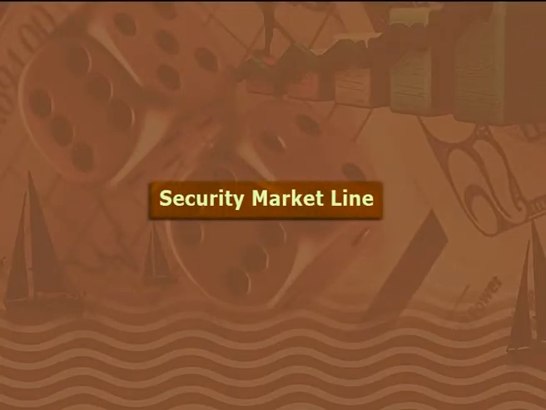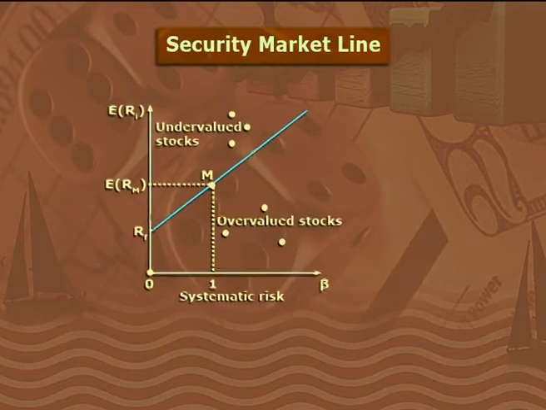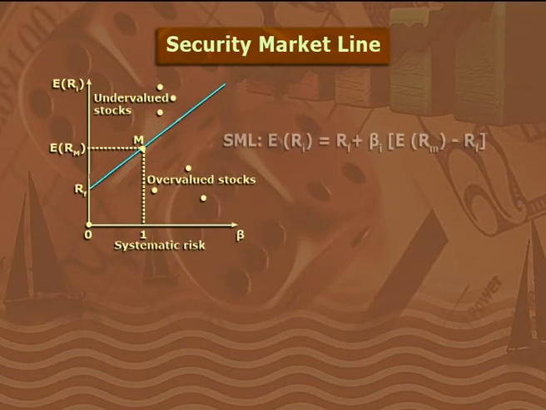Let's understand what is security market line. Security market line is the representation of the capital asset pricing model. It displays the expected rate of return of an individual security as a function of systematic non-diversifiable risk. The y-intercept of the security market line is equal to the risk-free interest rate. The slope of the security market line is equal to market risk premium and reflects the risk-return trade-off at a given time. It is shown as